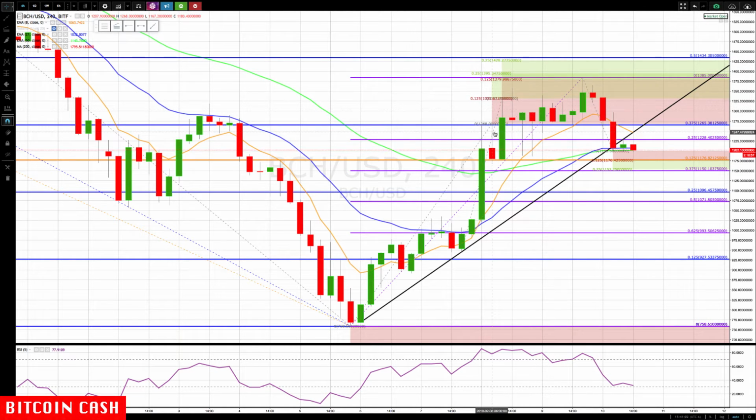So what's going on in Bitcoin Cash? Bitcoin Cash ran up, hit our next 1031 level, pulled back multiple times in the rotation zone. Had trouble with that, then poked through to the next cluster area, this 1379 area. Now it's pulling back, closed right on the bottom of the rotation zone and the flat 50 and holding, but